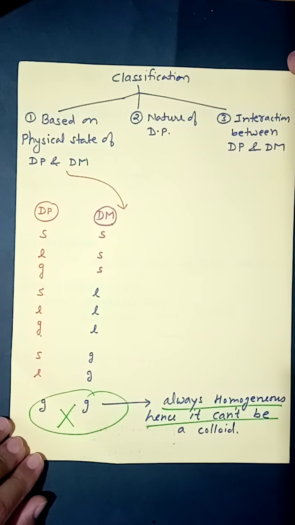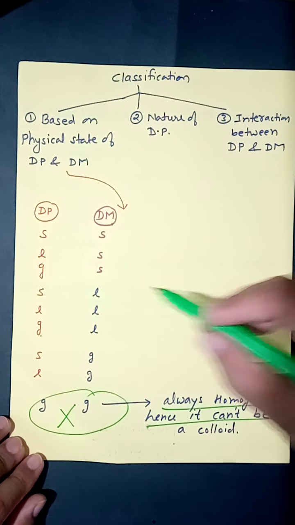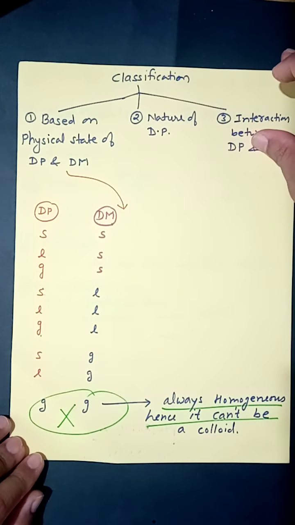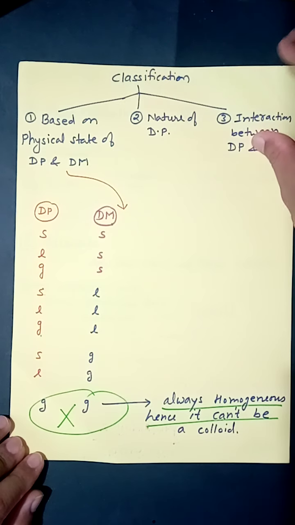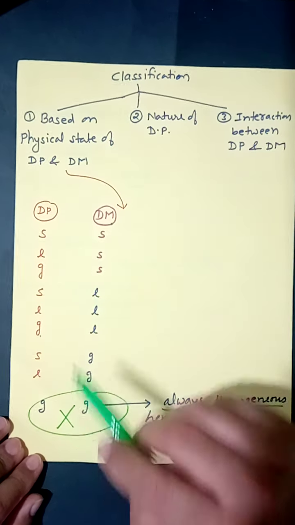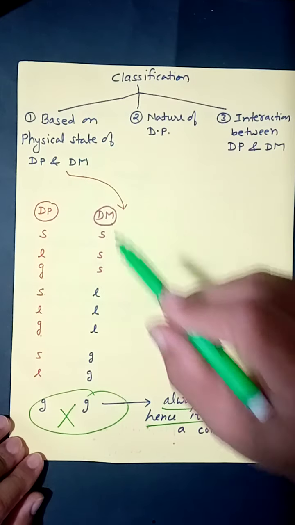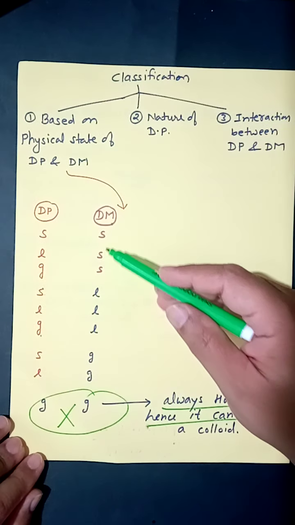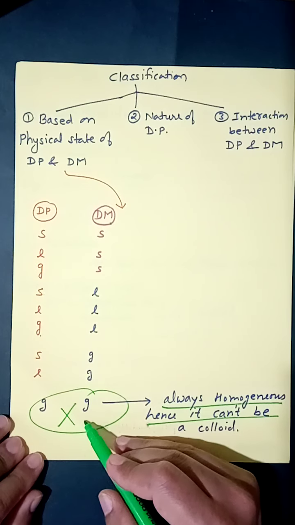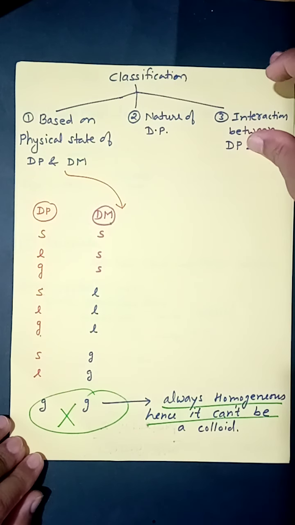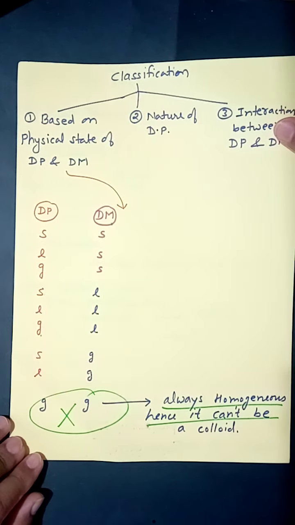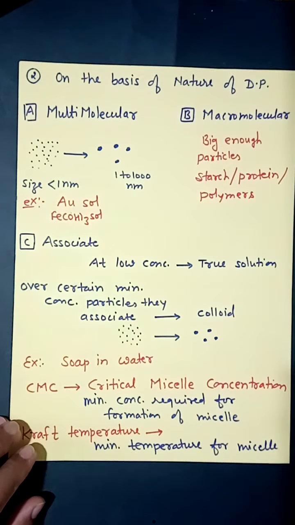In the last 2-3 years, it has been observed that CBSE asked a 1 mark question to give an example of colloid in which dispersed phase is solid and dispersion medium is liquid, and so on. So you need to remember one example of each. It is given in notes as well as in the NCERT book. So this is the first classification, based on physical state. 8 combinations are possible. The ninth one is not possible, as two gases always form a homogeneous mixture.